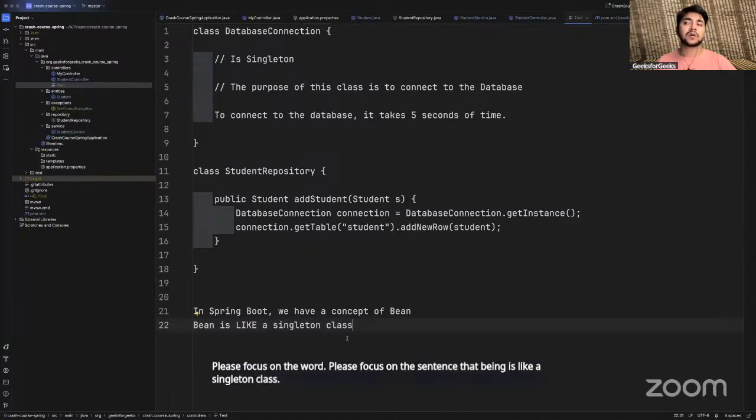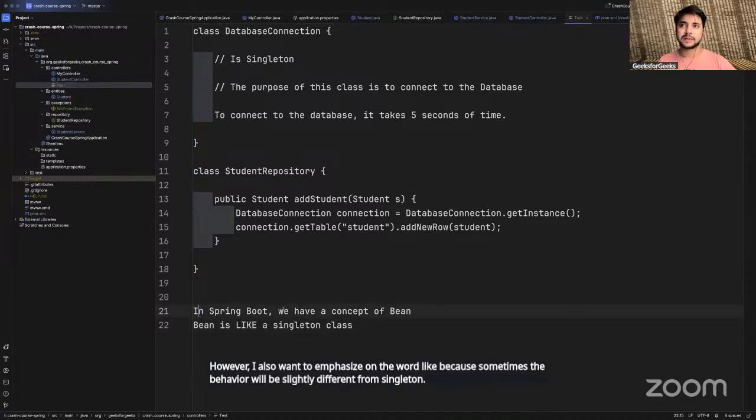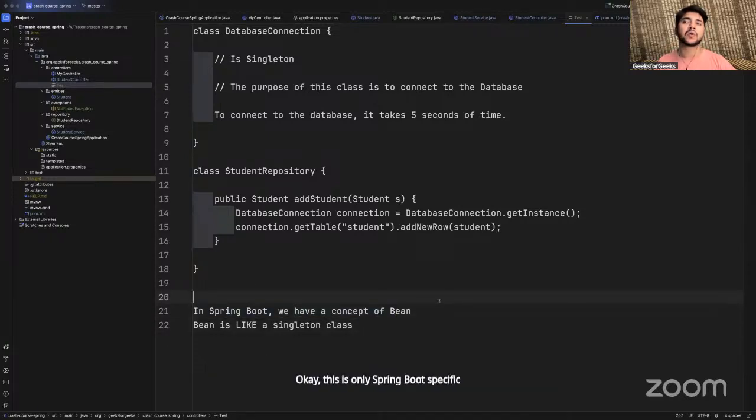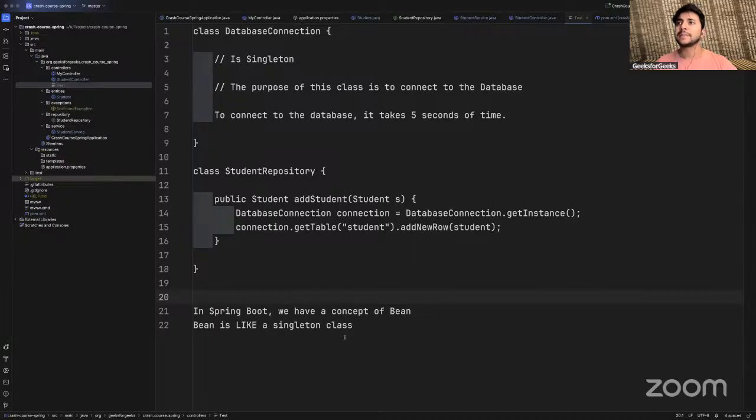However, I also want to emphasize the word like because sometimes the behavior will be slightly different from singleton. This is only Spring Boot specific, not specific to core Java. Are you understanding what I'm saying so far? It is like a singleton class.